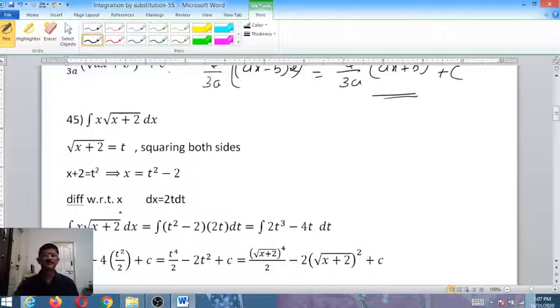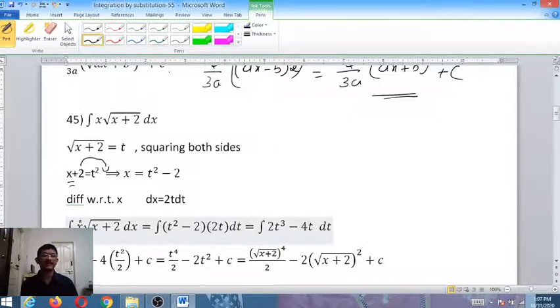It is the same way. Which is the root here? It is root of x plus 2. Take it as t. Squaring both sides, root and square cancel, x plus 2 equals t square. So here in this case, x is there and dx will be there, isn't it? x plus 2 equals t square, transfer this 2 to this side, it becomes t square minus 2. If you differentiate, the derivative of x is dx, 2 gives 0, t square is 2t dt.